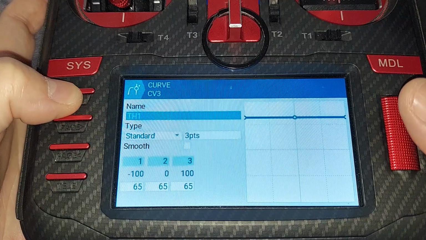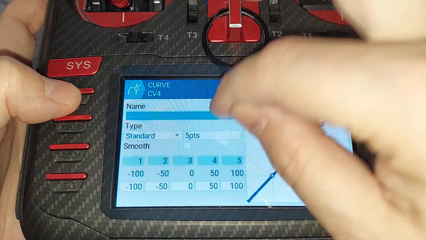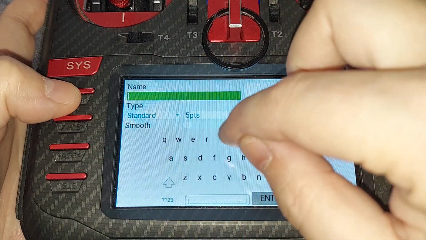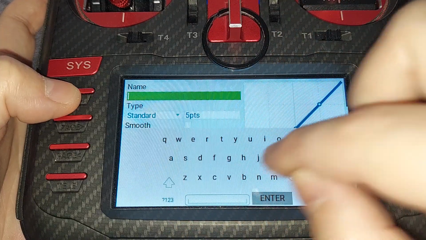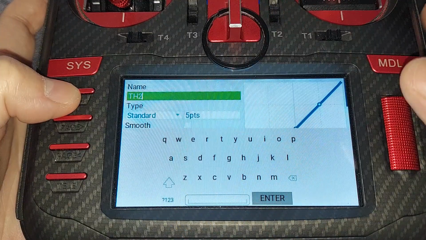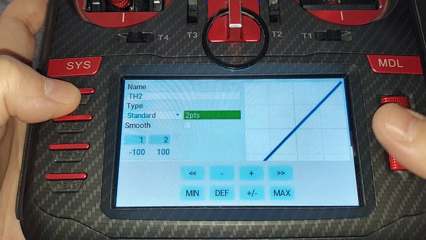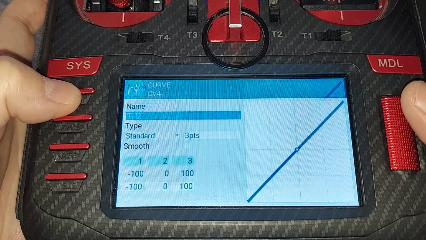Right. And then our last throttle curve is going to be throttle 2, which is going to be idle up 2. 3 points, go back,